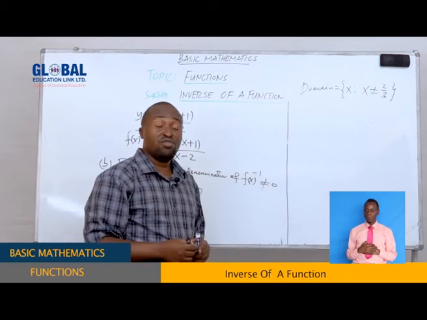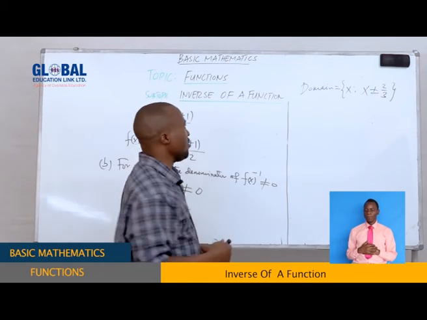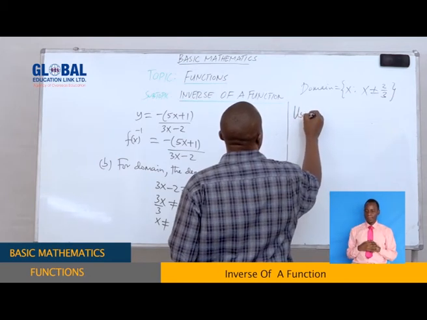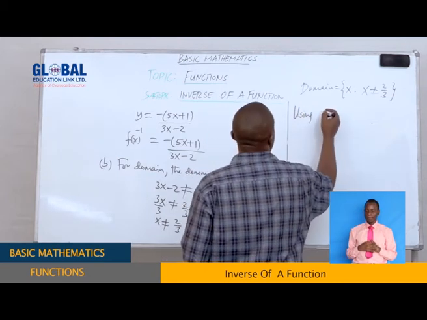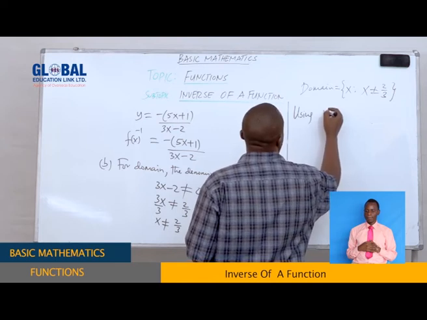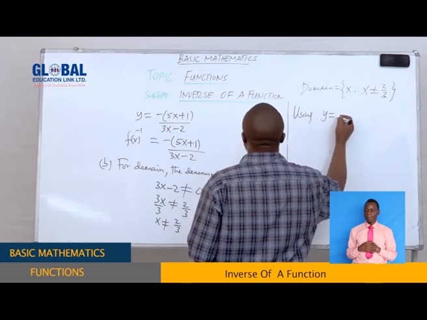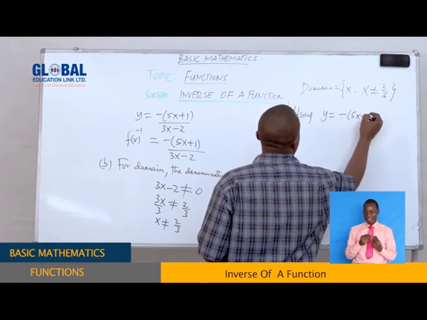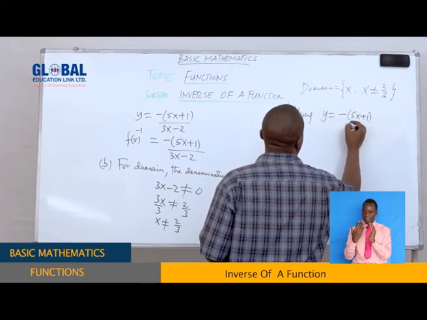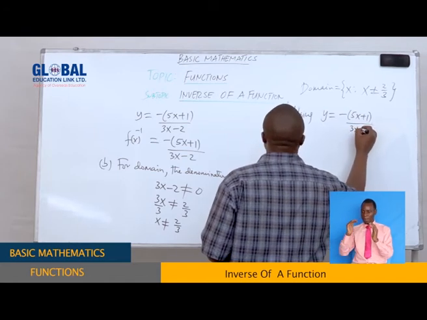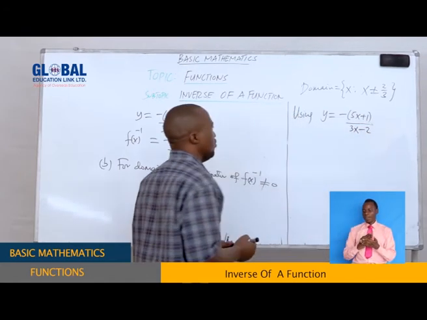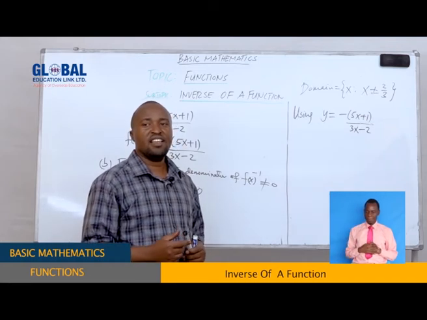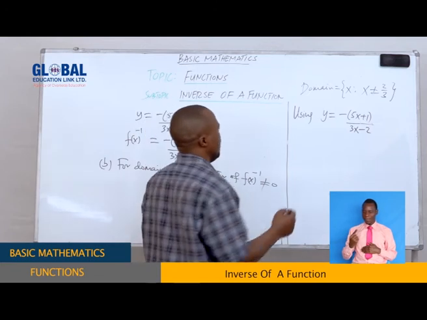So we continue for range. That is using, let y is equal to negative 5x plus 1 over 3x minus 2. Now make x the subject. That is